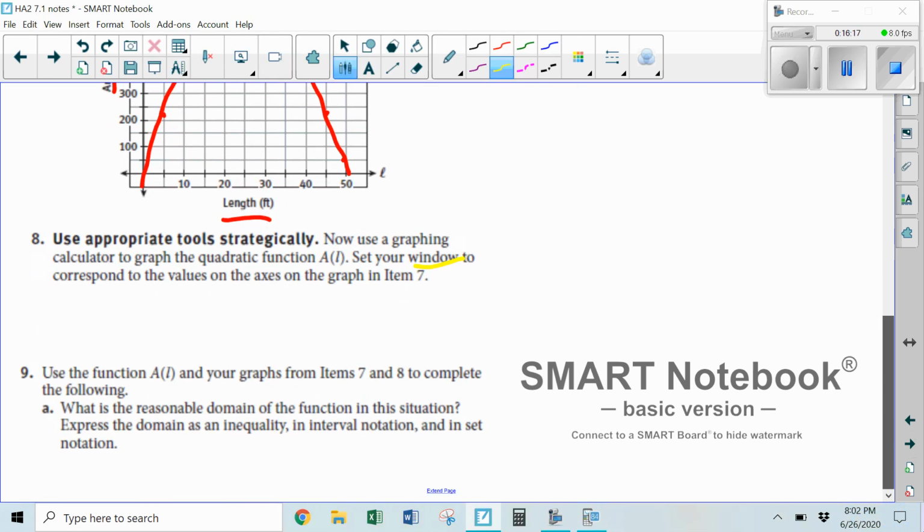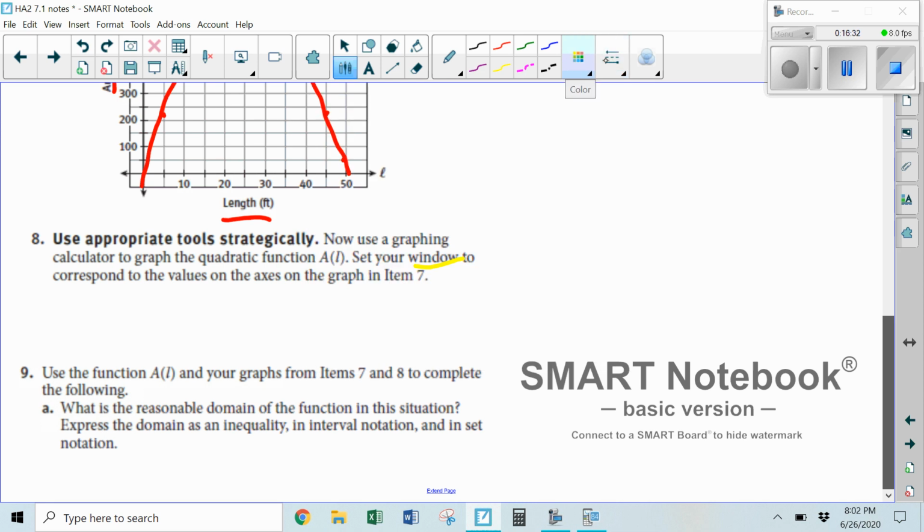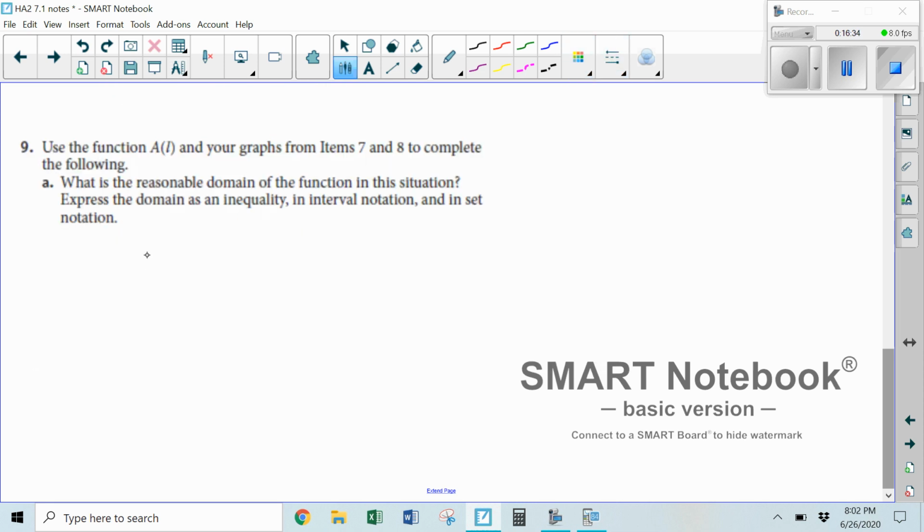Number 9, use the function A of L and your graphs from items 7 and 8 to complete the following. What is the reasonable domain of the function in this situation? Express it as an inequality, interval, and set notation. So this is good practice for before. So my domain,